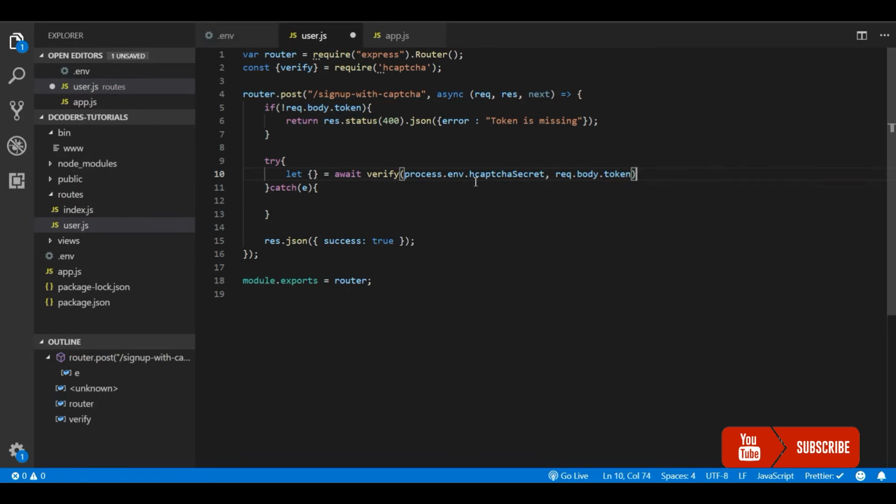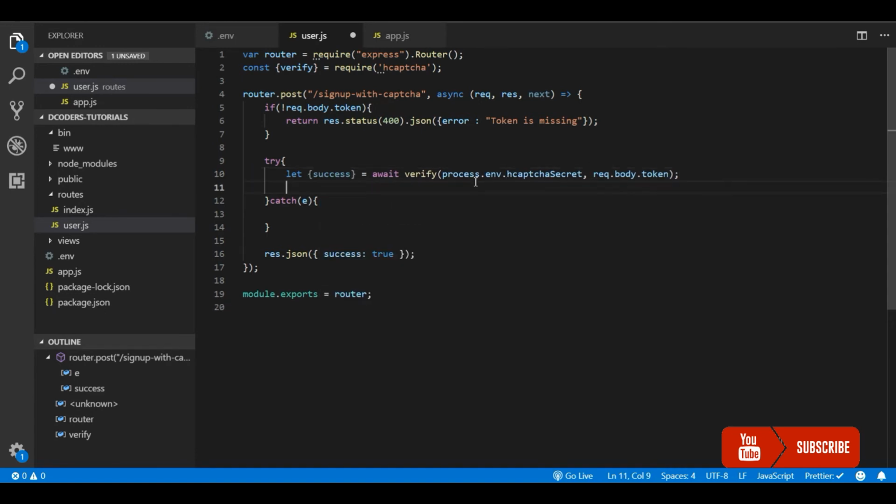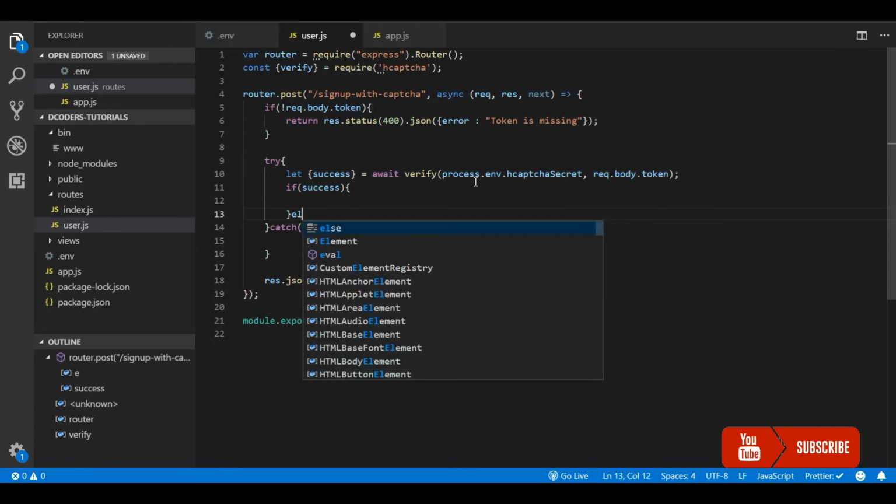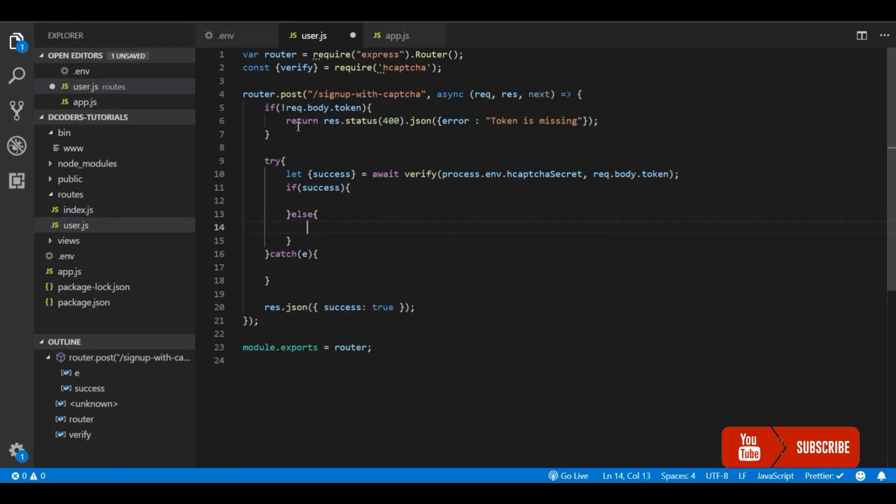If it is successfully verified, the success attribute will be true. If there was any rate limit error or something, it will be false, and there will be a reason from the server saying what exactly went wrong. So I'm just going to copy this error status here, and I'm going to say "invalid captcha token".